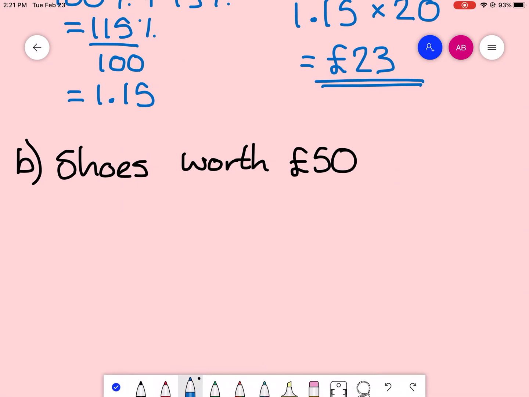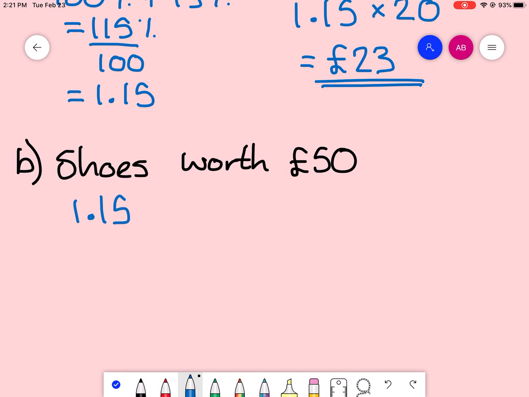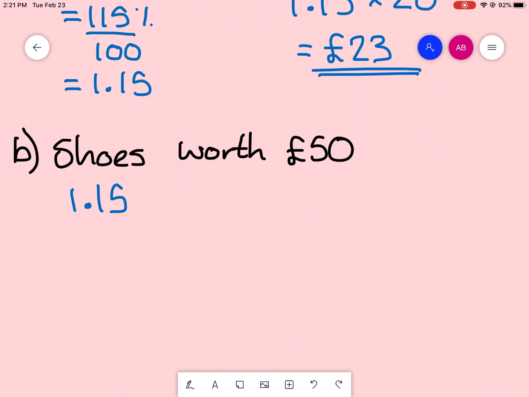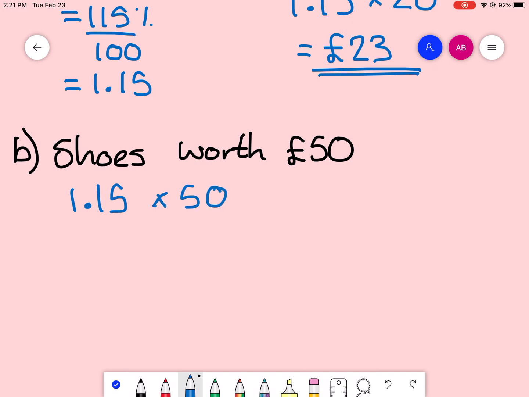The shoes, now they'd also been raised by 15%, so the decimal we're going to use for the shoes is also 1.15. So if we have both of these questions with the same scenario, in that the shopkeeper was increasing the price by 15%, then we can use the same decimal. So in this case it's 1.15 times the amount that was given in the question. So £50 the original amount, 1.15 times 50, and we get